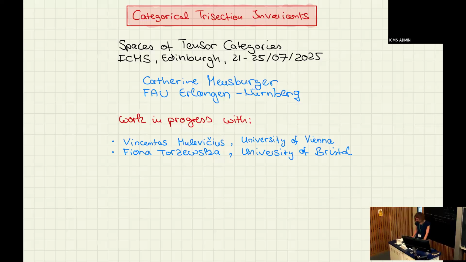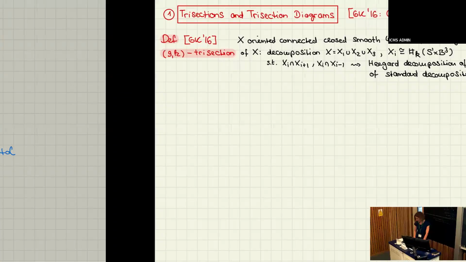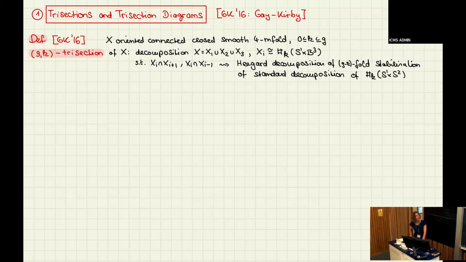Okay, so first I want to talk about what trisection invariants, trisection diagrams and trisections are. So trisections are essentially a new way of describing four manifolds. This was introduced in 2016 by Gay and Kirby. And the idea is that you have an oriented, connected, closed, smooth four manifold, and you have two numbers, k